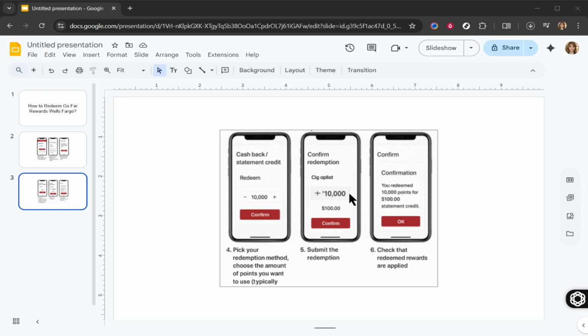Check your Wells Fargo account to confirm that your credit or deposit has been processed, or examine any confirmation you received for gift cards or travel bookings to ensure there are no inaccuracies. And that's it! Now you know how to redeem those GoFar rewards efficiently and are ready to enjoy the fruits